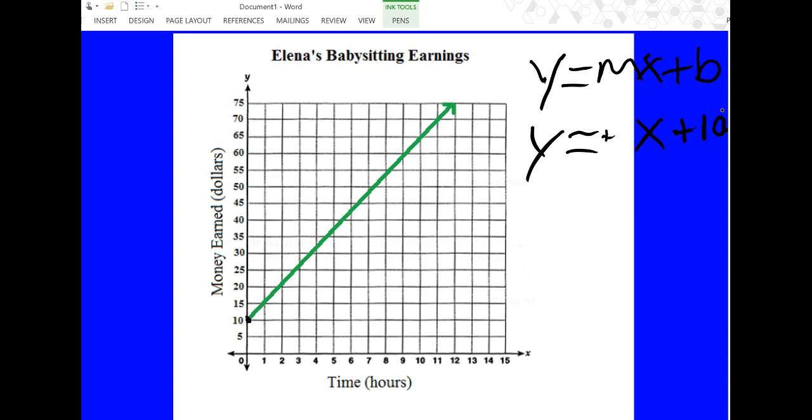All right. Now, a lot of people would want to say, okay, you're going to rise 1, run 1. The slope is 1. That's not true in this case, okay? This is actually a lot more difficult than it seems. You're not going up 1. You're going from 10 to 15. That's up 5. And furthermore,